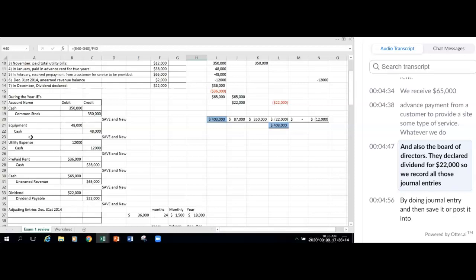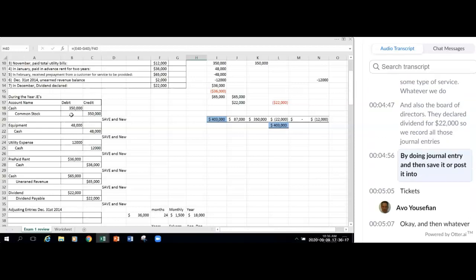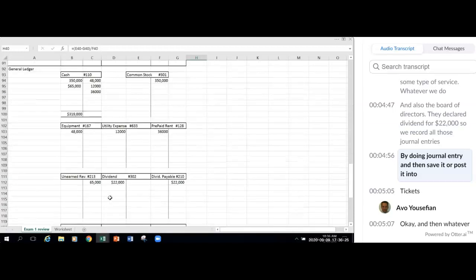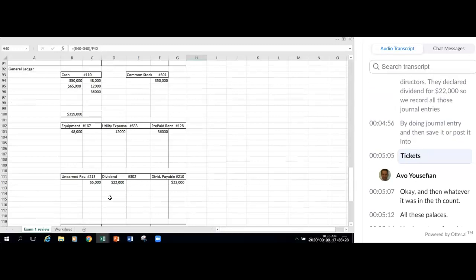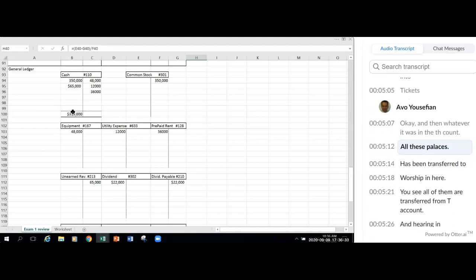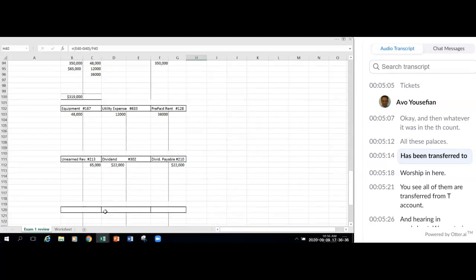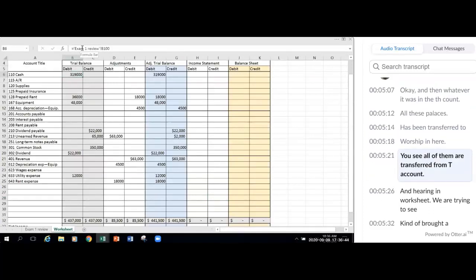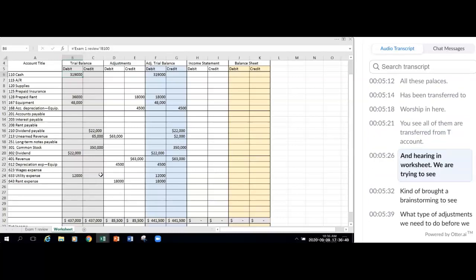So we record all those journal entries by doing the journal entry and then save it, or post it, into T accounts. Okay, and then whatever was in the T accounts, all these balances have been transferred to the worksheet in here. You see all of them are transferred from T accounts. And here in the worksheet, we are trying to see kind of